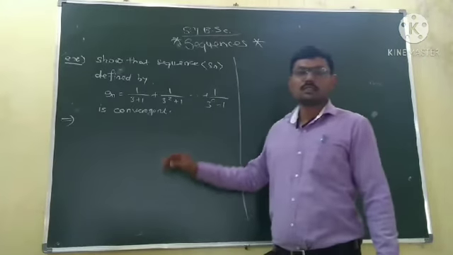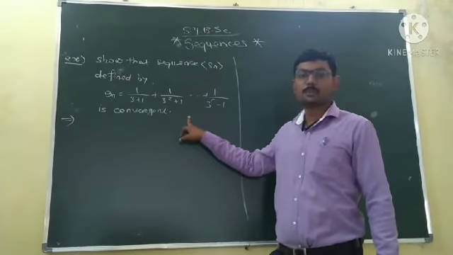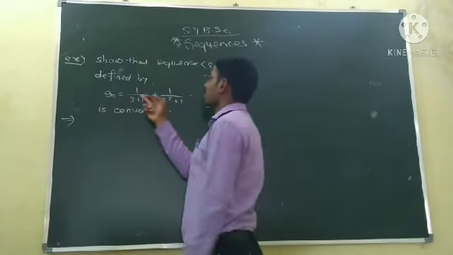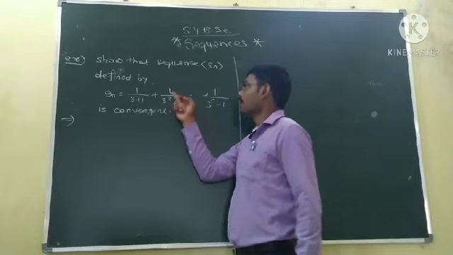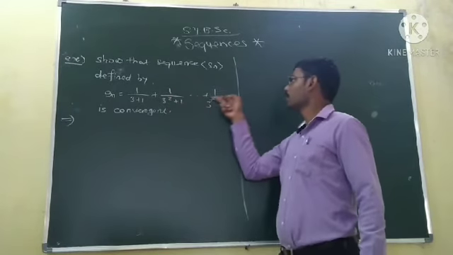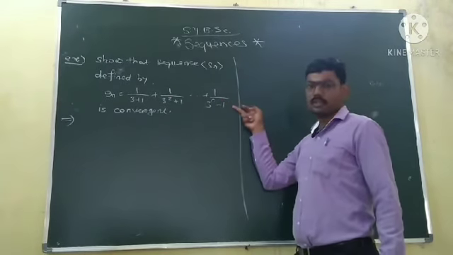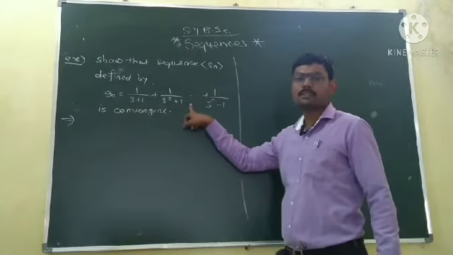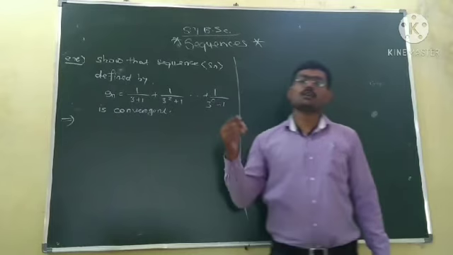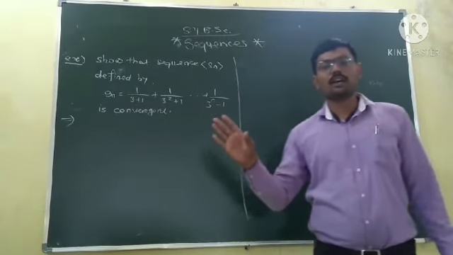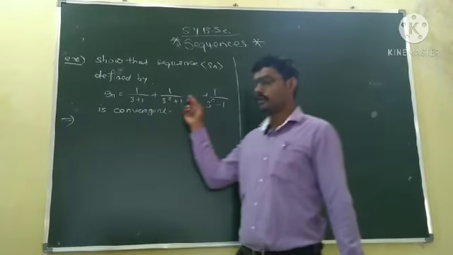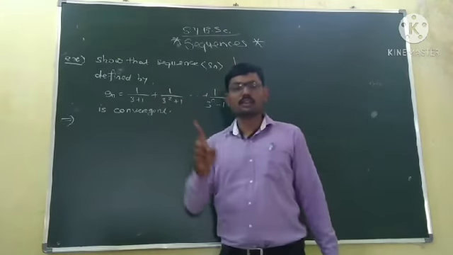Okay. So the next similar example is to prove that the sequence Sn defined by the n-th term 1 upon 3 plus 1, 1 upon 3 square plus 1, up to 1 upon 3 raised to power n plus 1 is convergent. Again we are going to use the same theorem, the monotone convergence theorem. We will prove the sequence whose n-th term is this is monotonic and